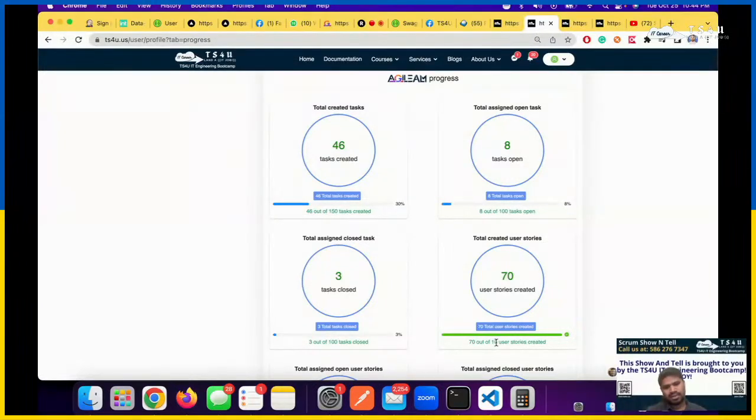So, Aisha, we gave only 10, right? Not bad. In a project you can create 10 user stories. But if you create a lot of user stories, don't you think you are sending a message to the manager that you are really good at this application? Writing user stories means you know the application very well. Okay, continue.